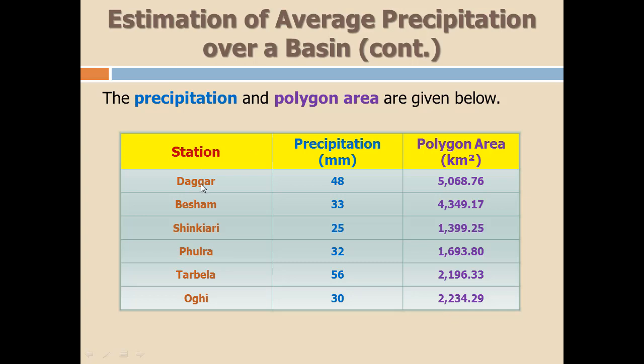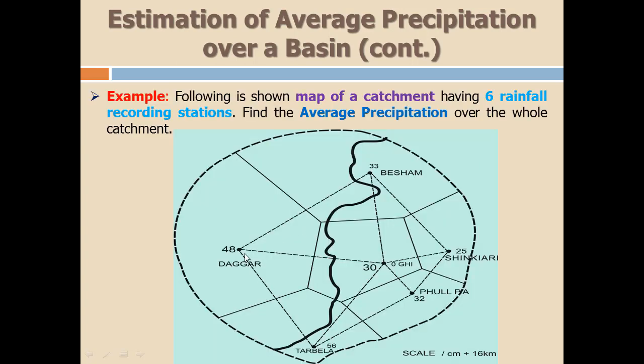The station of Dagger has a precipitation value of 48 millimeter and the polygon area is 5068.76 square kilometer. In this map, the largest polygon is, I think, the Dagger one, and the smallest polygon is